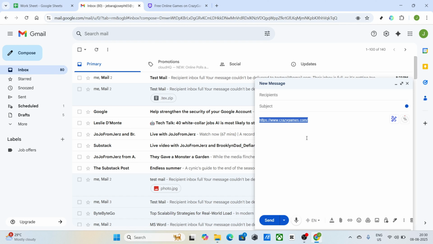This small yet pivotal feature can elevate your communication by highlighting critical information and guiding your recipient directly to the content you find important. I hope you found this step-by-step guide helpful, and I encourage you to practice this often to make your emails even more